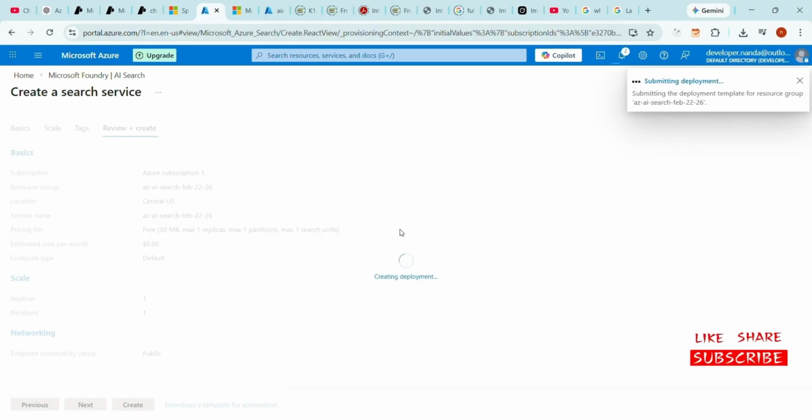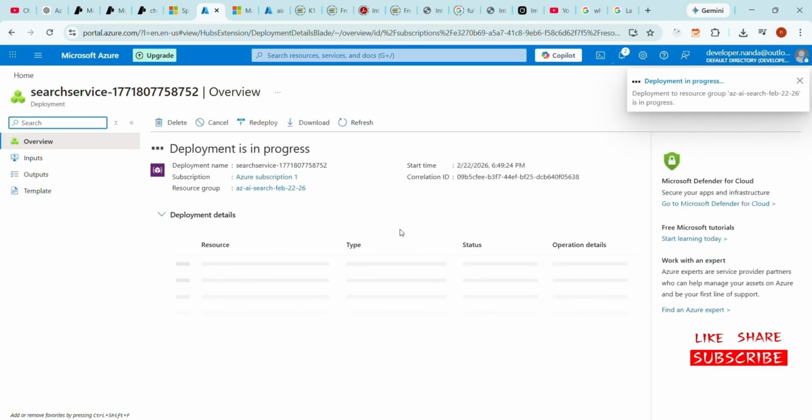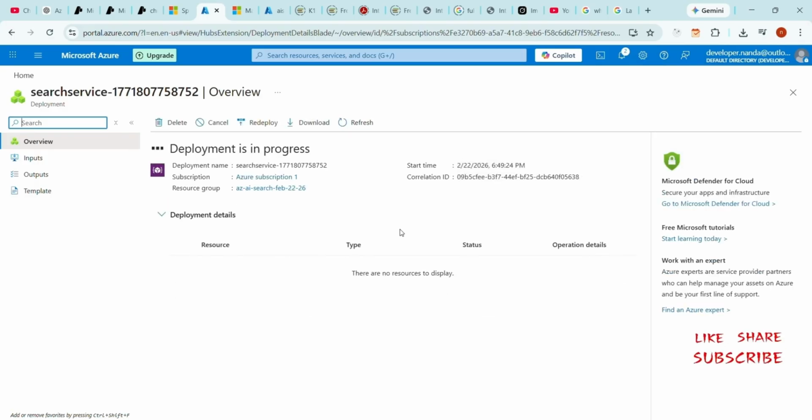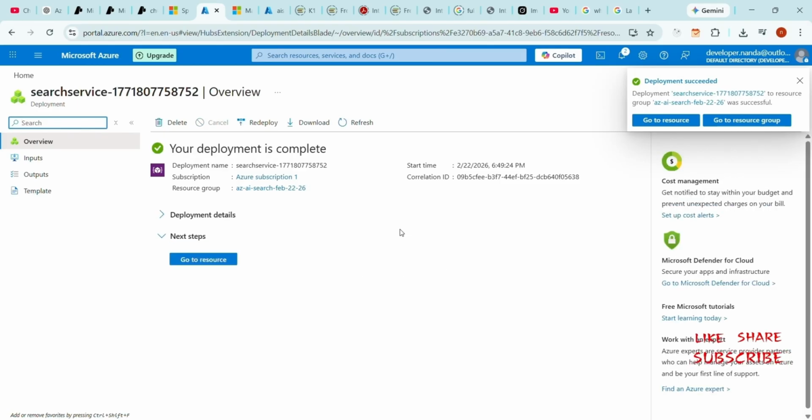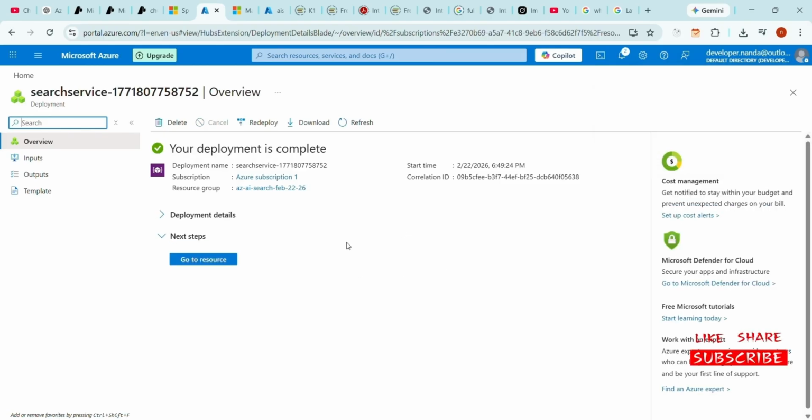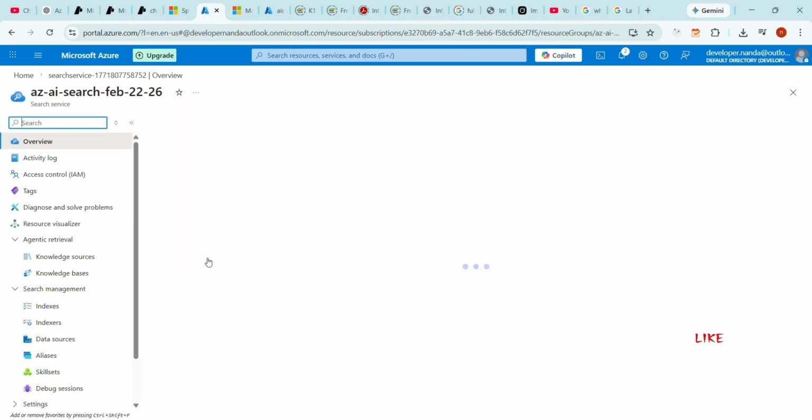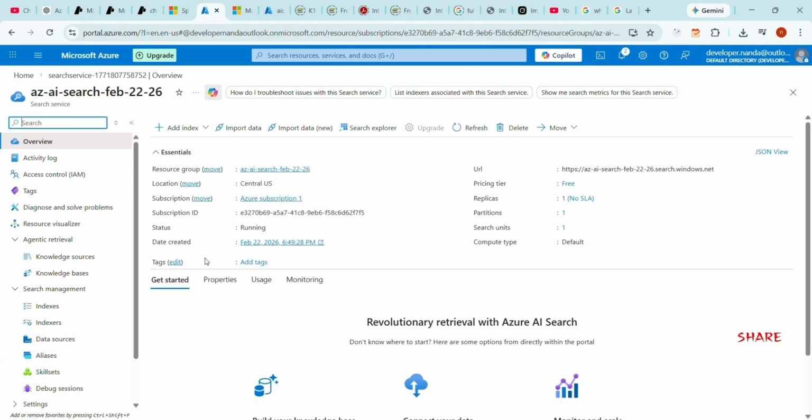Now the next step after creating the Azure AI search, we need to add the data. So how can we add data? I'm trying to add a PDF file here. Since it's a text file, we need to create a new blob storage. And in the blob storage, we upload our file and we connect the Azure blob storage to AI search. Then the AI search will pick the PDF file and create vectors. So let's create